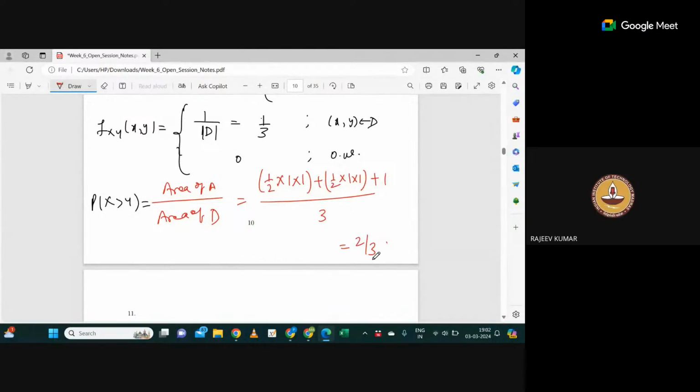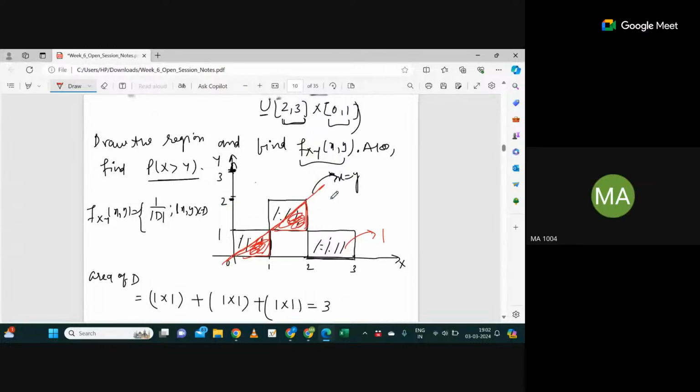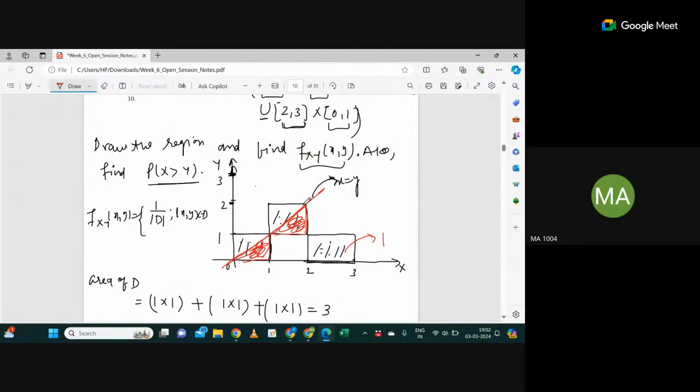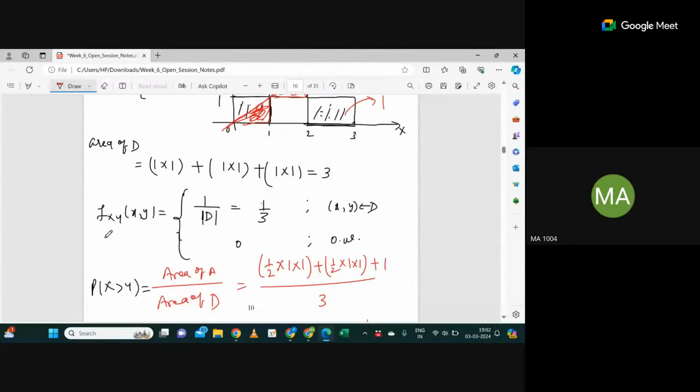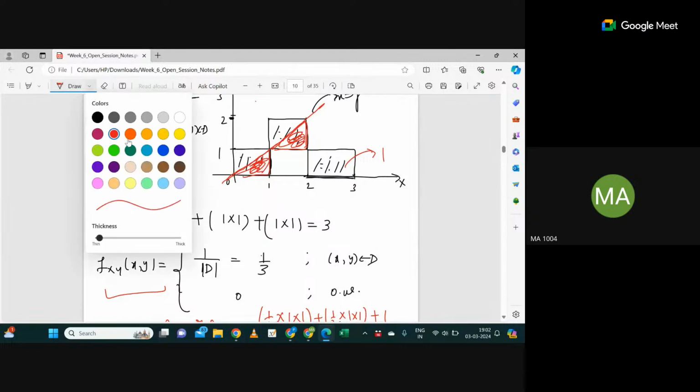One more question, sir. Can we solve the uniform part by integration also? Yeah, why not. Okay, so first of all, you have calculated the 1/3. This joint is calculated, right? Correct. So in this case, if you want to solve it, what you have to do